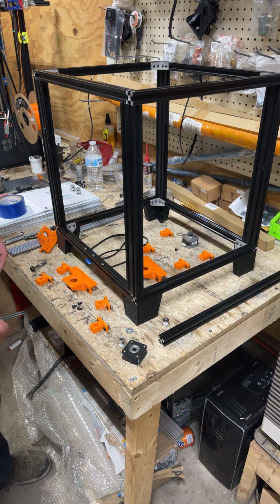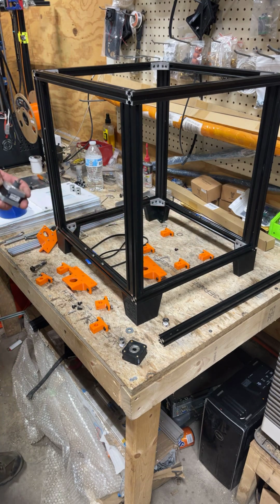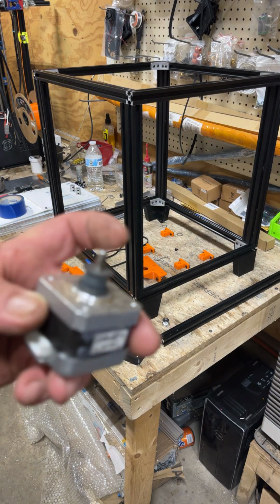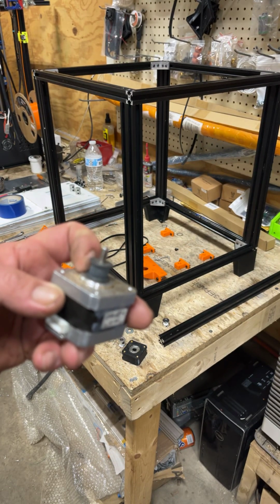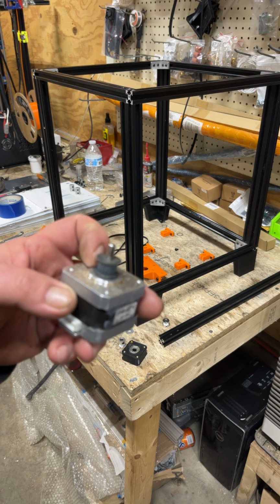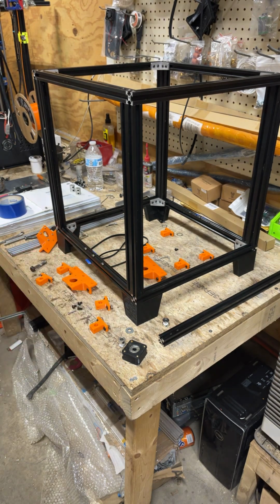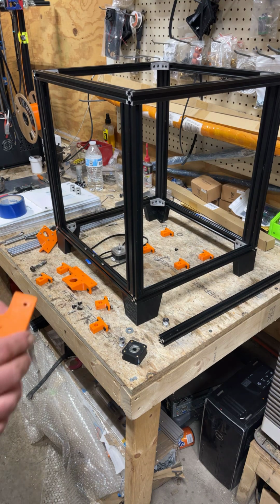So the stepper here. If you've got a stock stepper from a Y or an X, it'll have a pulley on it like that. It'll technically be flush with the top of the shaft. And this one's pushed down a little further than you would for the 350. The 400, you push it down until it almost rubs the top of the motor, but not quite. And on the 350 size, which is if you get stock Ender Z rods,